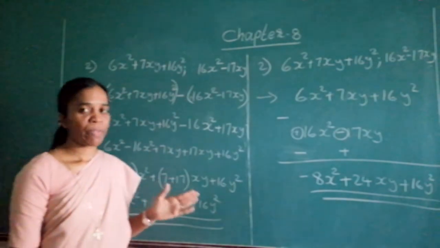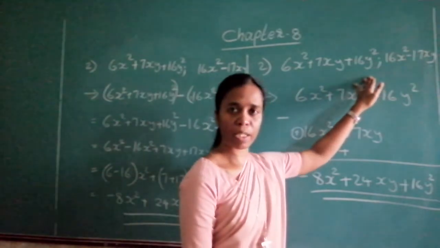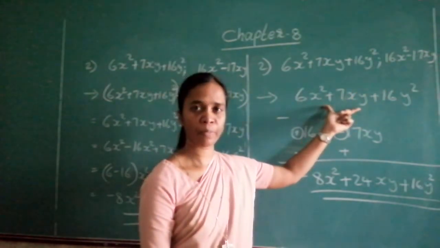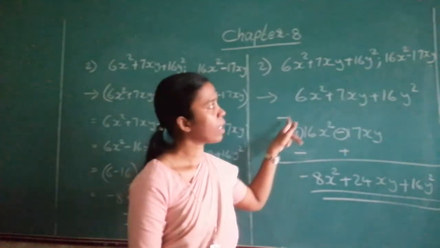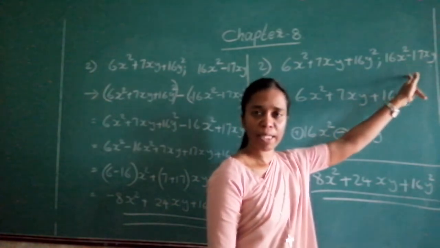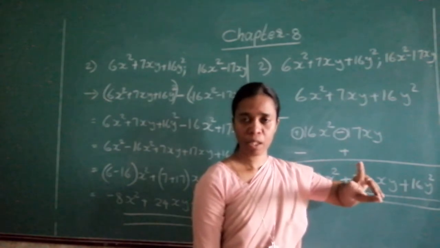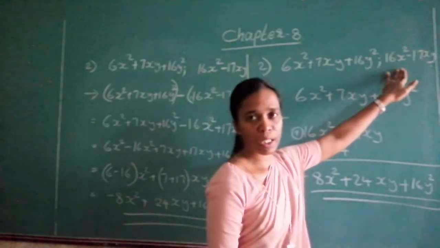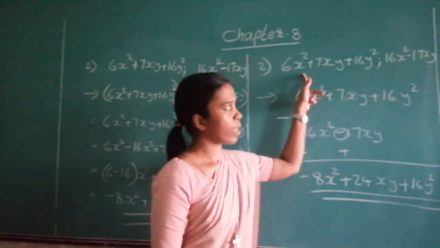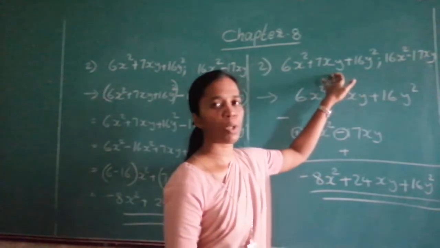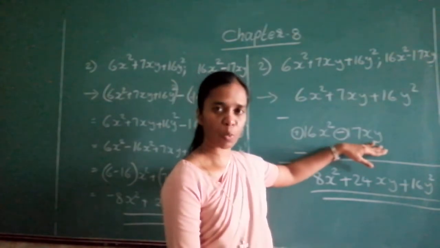Now, when we do it in vertical method, first write the expression. First expression. So you have written the first expression. What are we supposed to do? Subtract. So put the sign minus. Write the second expression. Now when you write the second expression, you can see that this is a binomial, so there are only two terms in it. So you look at whichever is the like term, write just below the other. 16x square put right below 6x square, minus 17xy right below 7xy. Okay, I have written 16x square minus 17xy.